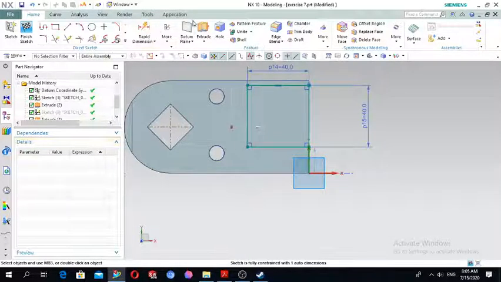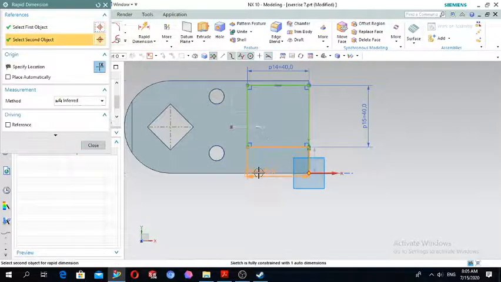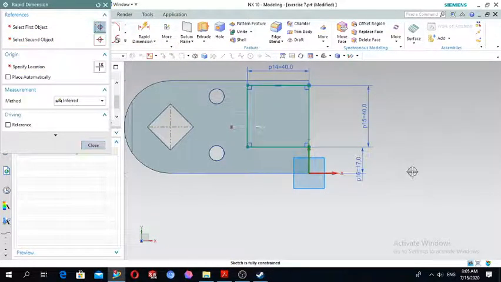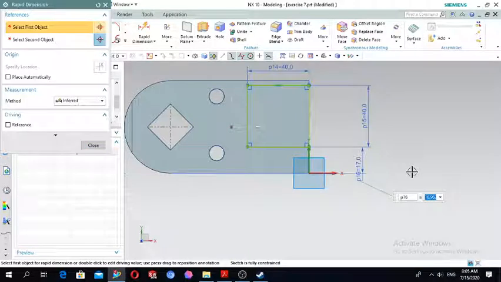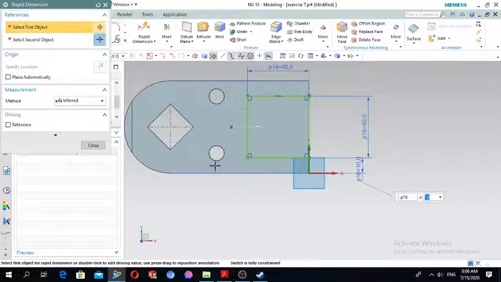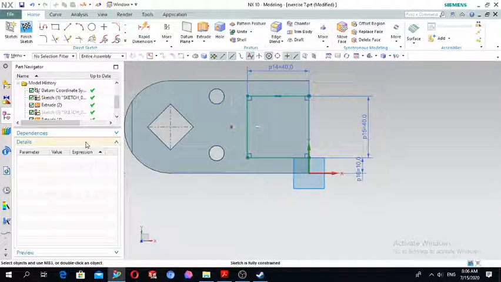And make the distance to this and this. This distance is 60 and this is the 40 and the 10, and make it 10 not to make it symmetric. Press OK